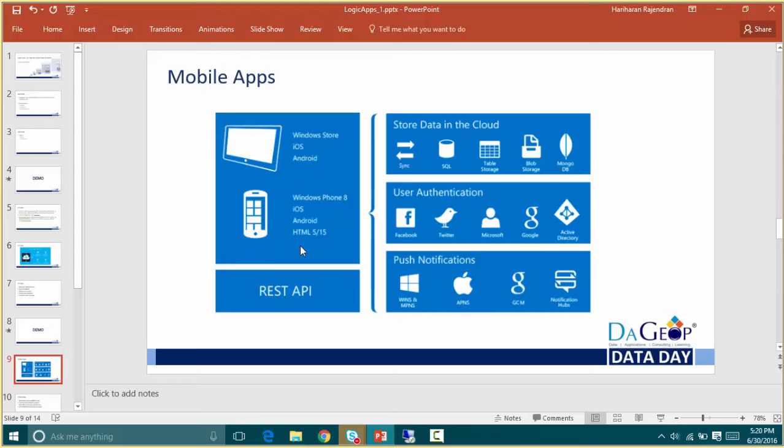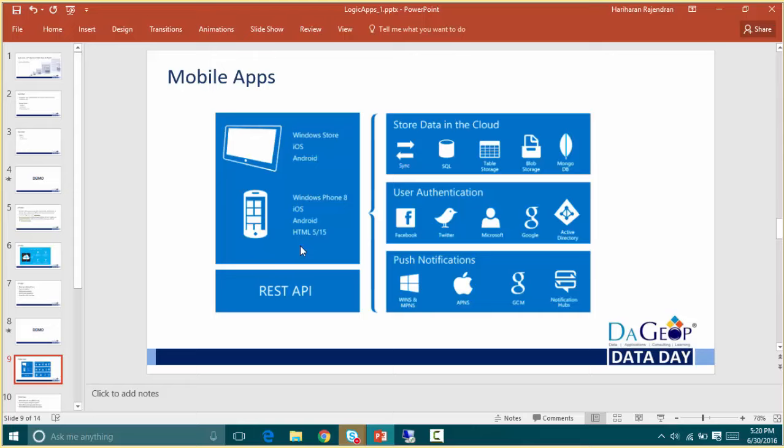Like, it needs a database. So if you are handling an application which needs to store some data, it needs a database. So that is the first layer. So we have different options, like we can choose SQL database or table storage or document DB or blob storage. So we have a variety of storages available in Azure, so we can make use of that storage for your